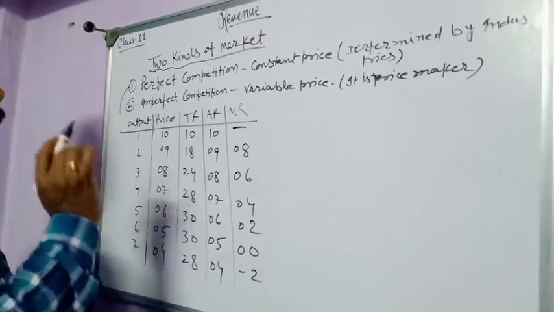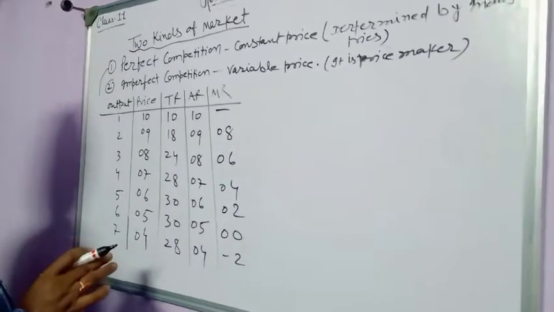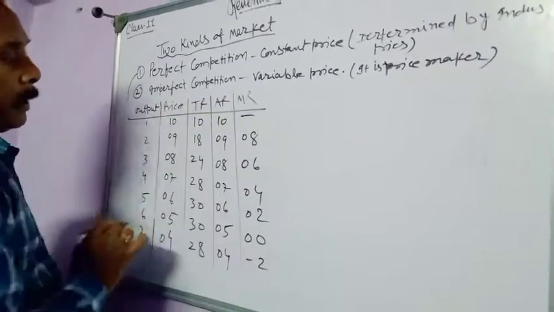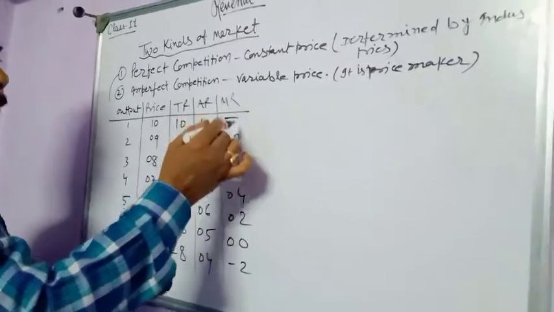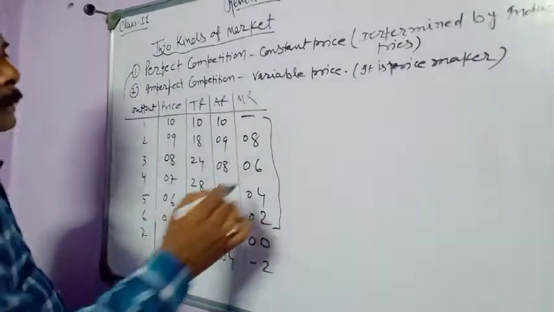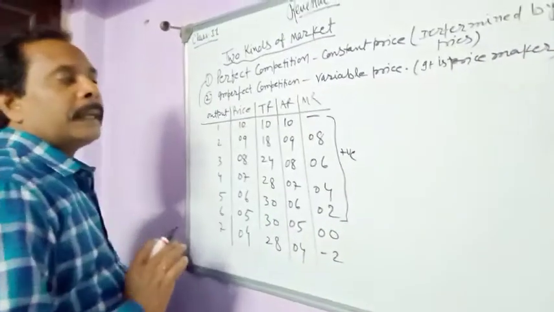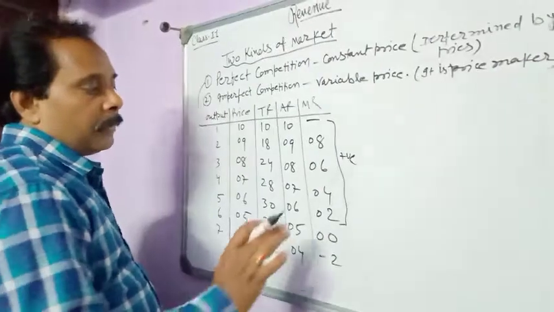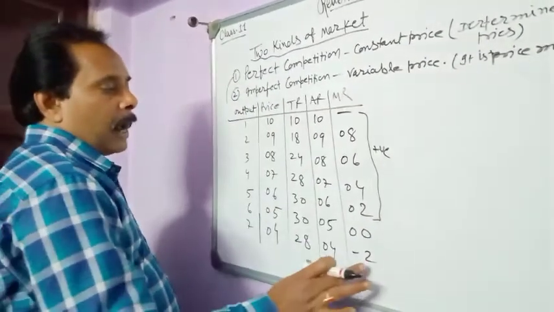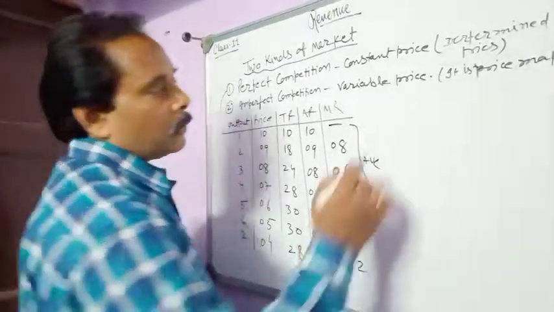Okay, once again, what is the relation between TR and MR? When MR is positive, TR increases. When MR is 0, TR is maximum, and when MR becomes negative, TR starts to fall. So this is the relation